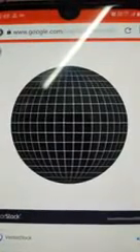Last topic is global grid. You can see the picture of Earth. Some lines are vertical, you can see here, and some lines are horizontal. The horizontal lines are known as latitudes and the vertical lines are known as longitudes or meridians. The latitudes and the longitudes form a network of lines or a grid on the globe and help us in locating places accurately on the global grid.